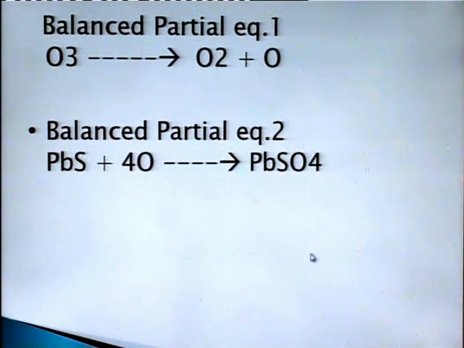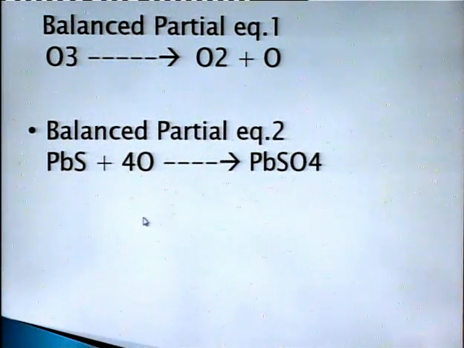But if we compare the number of oxygen atoms, this side contains 4 oxygen atoms, but this side has 1 oxygen atom only. So to balance this partial equation, we have to multiply this oxygen element by 4 so as to get 4